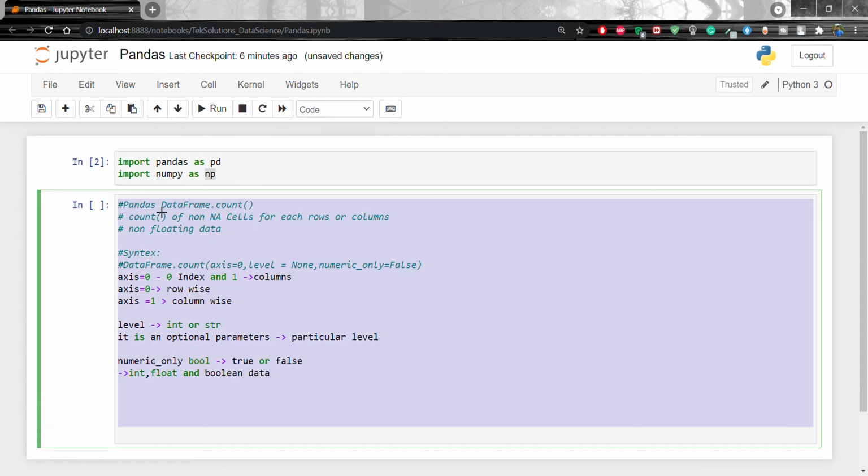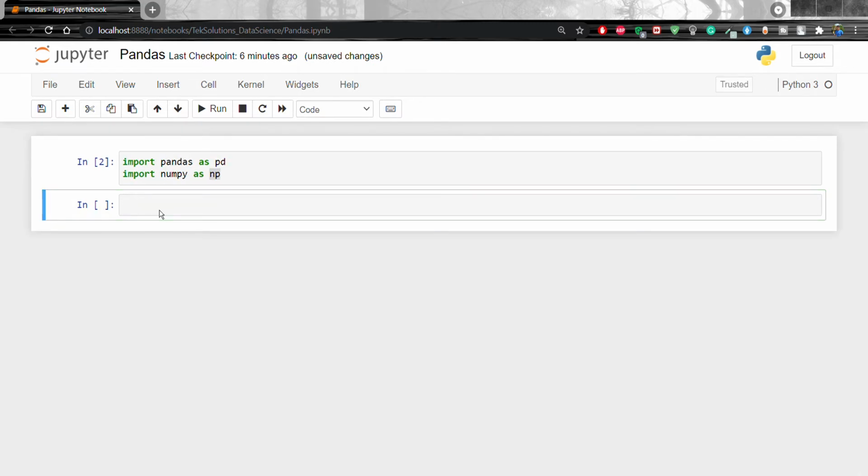Let's remove everything here and we'll see the example. Before we start, let's create one data frame. pd.DataFrame, with D and F in caps, and we are going to pass a dictionary.